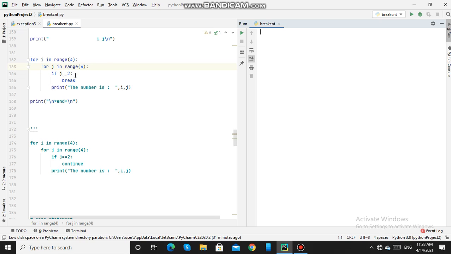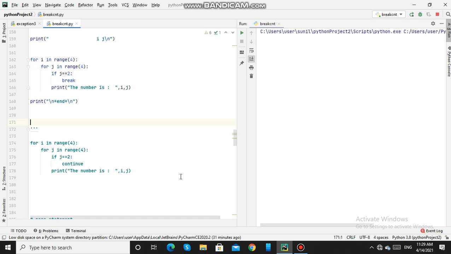When the value of j becomes 2, it will break from this inner loop and the control is transferred back to the outer loop for the next iteration of I. That means for each value of I, the j loop will iterate only 2 times for values of j equal to 0 and j equal to 1. When the value of j becomes 2, it will break out of this loop.